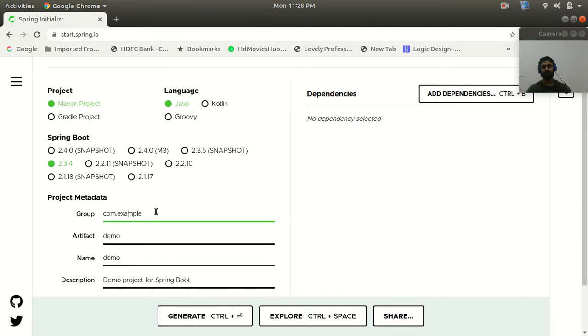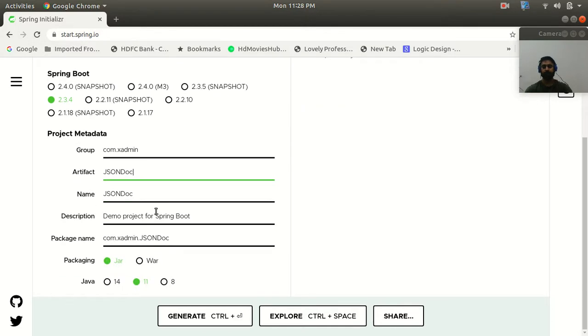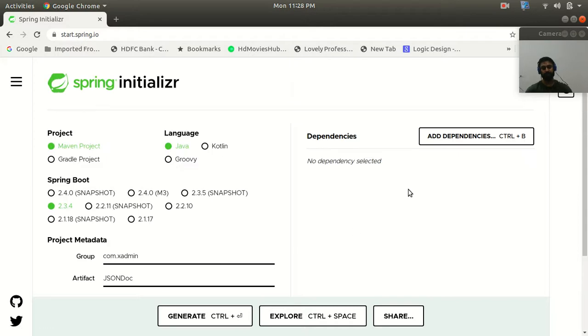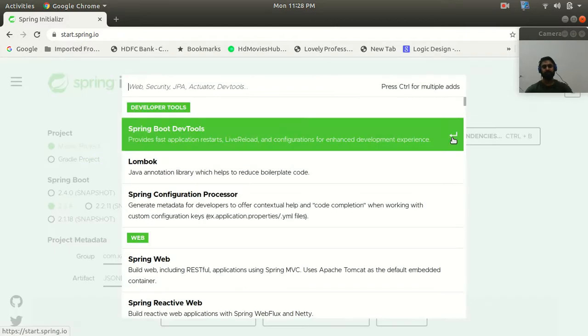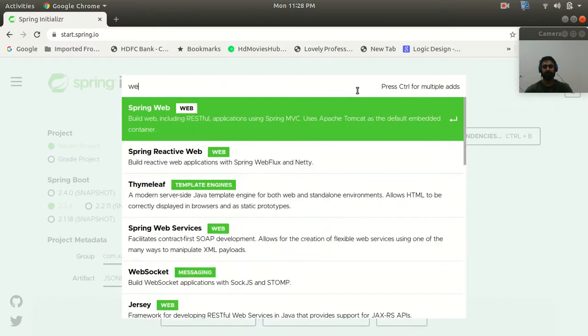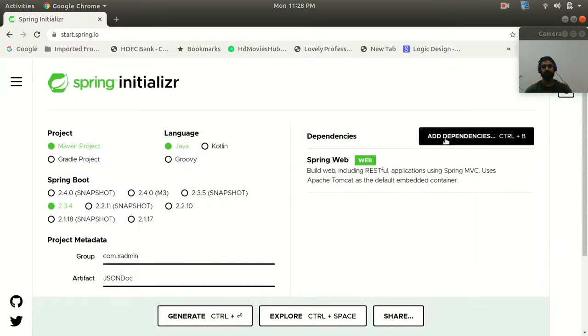So let me change the group name. Let's change the artifact name, and I will keep packaging as jar, and I will use Java 8 for this lecture. Now it's time to add some dependencies. Here I will add Spring Web.